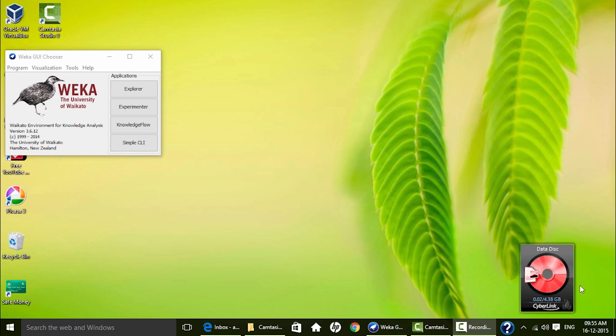Hello students, today we'll be doing another experiment using Weka, that is classification. For this classification, we'll be using the J48 classifier in Weka. Now as far as the dataset is concerned, till now we have been using our own created CSV file that was bank data. But for this example, we'll be using one of the already provided datasets by Weka, that is